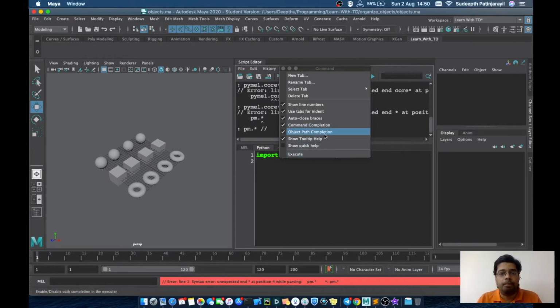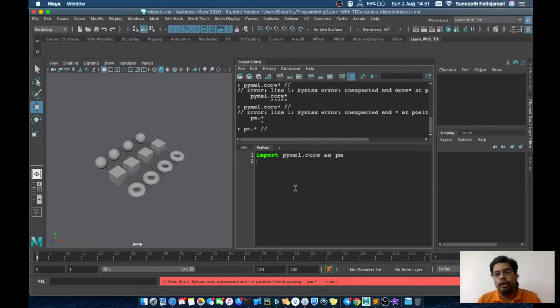Object Path Completion is the same as command completion. And Show Tooltip Help shows all the flags and everything. If you turn on all these things, you don't really need to go to the help and check those. Okay, so we have imported our pymel object.